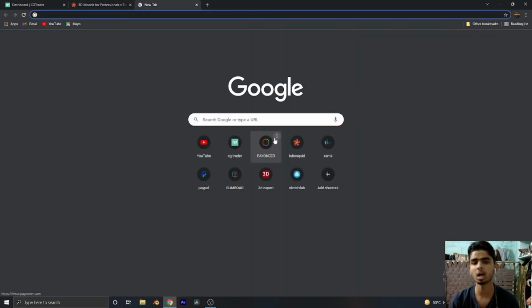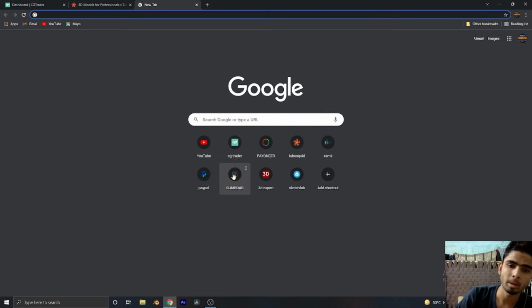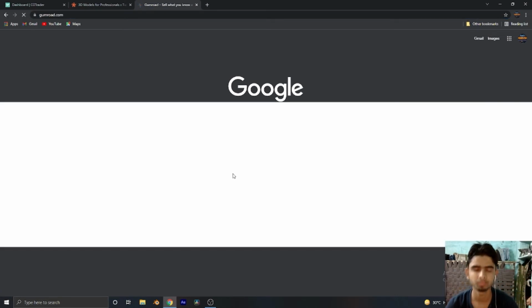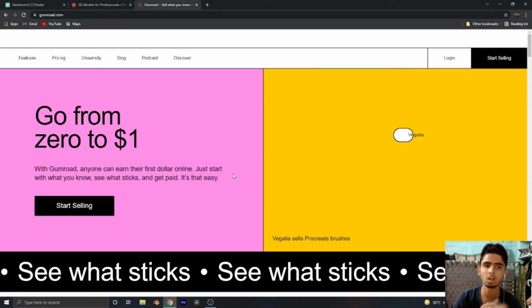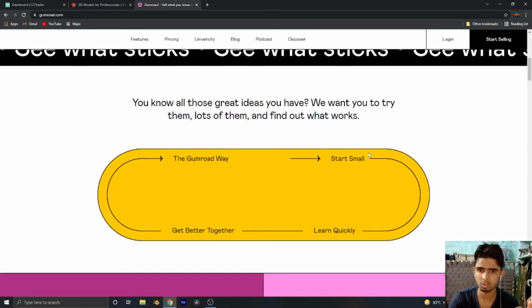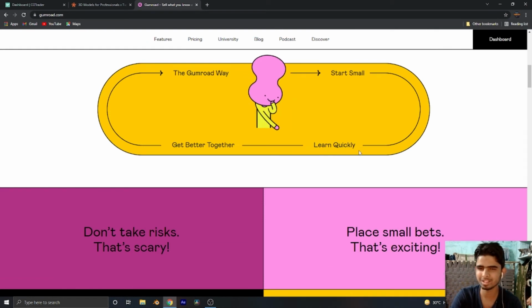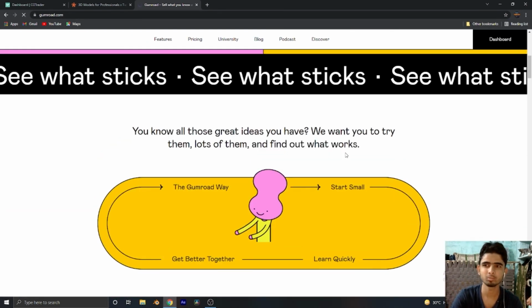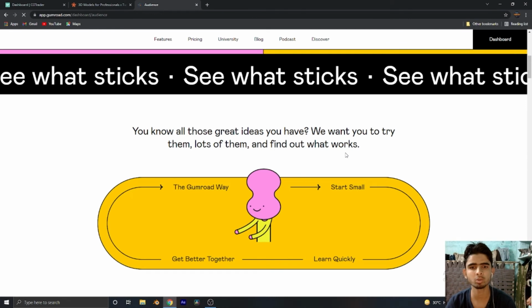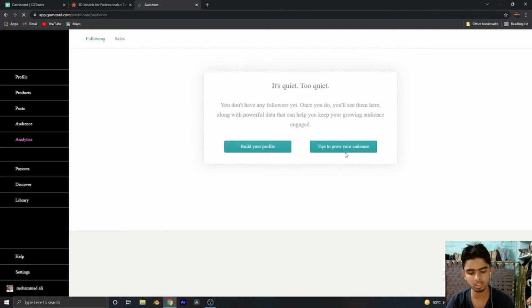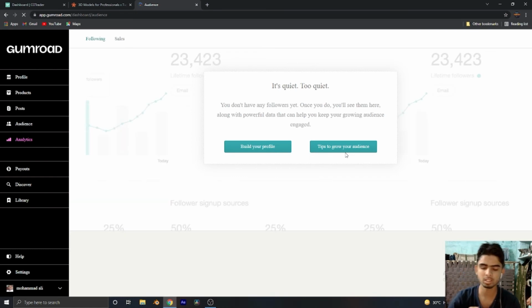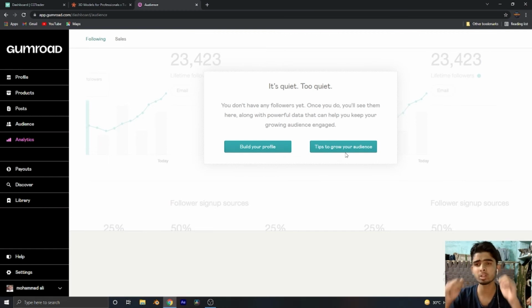The third website that I use to sell my models is Gumroad. I know Gumroad is a very good website, one of the best in the entire world, because Gumroad provides you many things. You can sell your models here, you can sell your artist portfolio here, you can sell your textures here, you can sell add-ons here, you can sell skin textures here, and many more things. You can see anything is here.